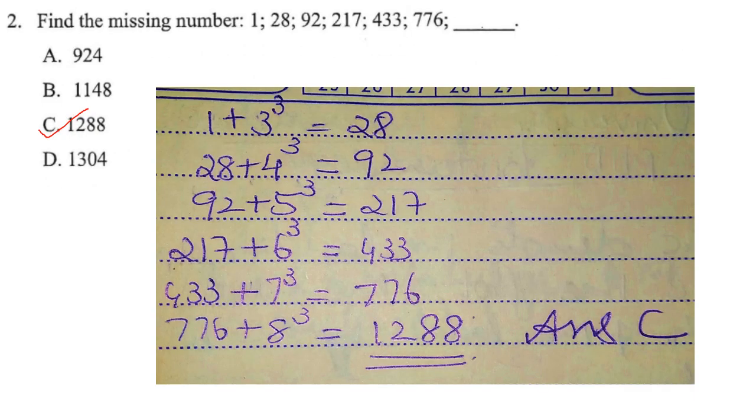Find the missing number: 1, 28, 92, 217, 433, 776. So here what they have done is they have added 1 plus 3 cube, that is giving you 28. 28 plus 4 cube will give you 92. 92 plus 5 cube will give you 217, and like that 776 plus 8 cube will give you 1288. So the answer here is option C, that is